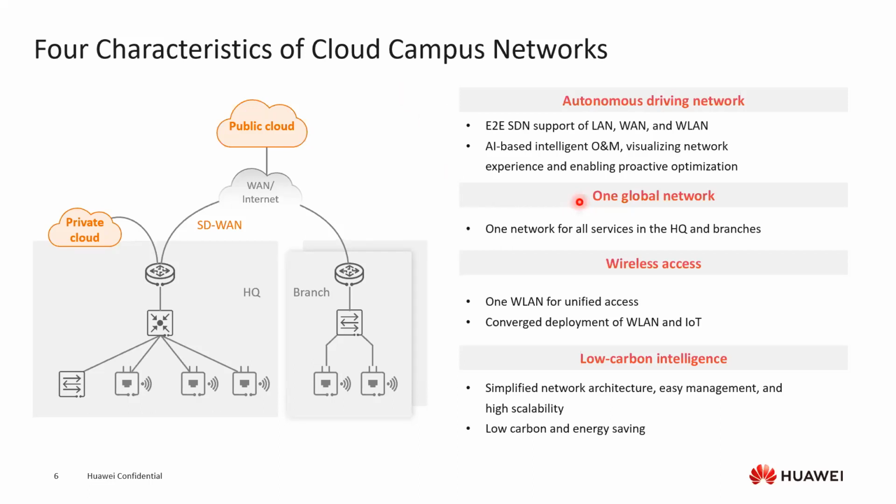Second, there is one global network, one network for all the services and in the headquarter and branches. For example, we see that generally in the sales scenario, the salesperson moves from head office to the branch, and from branch they go to some other branches as well. They move around. And what they want is a unified experience, that what they were getting in the head office,